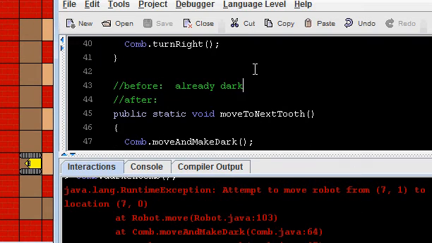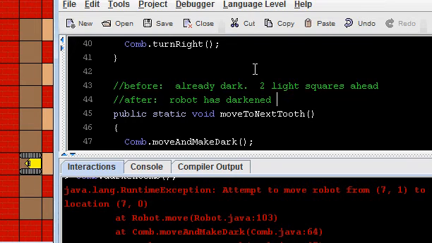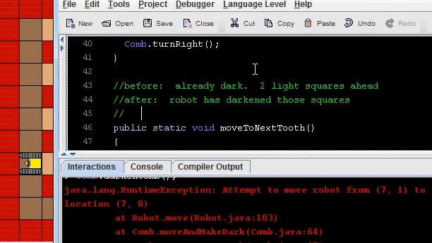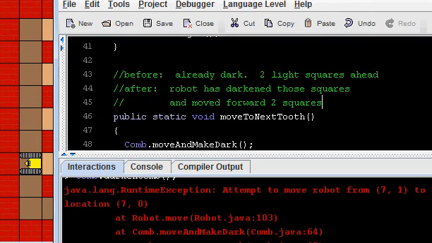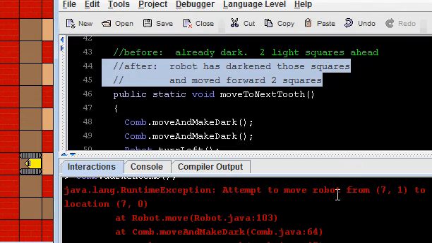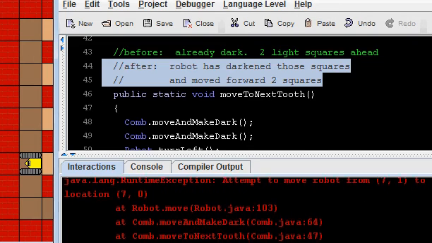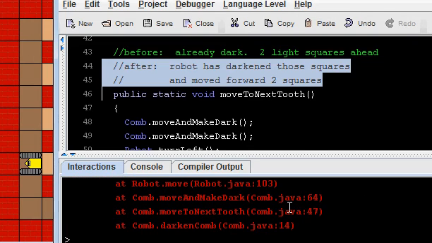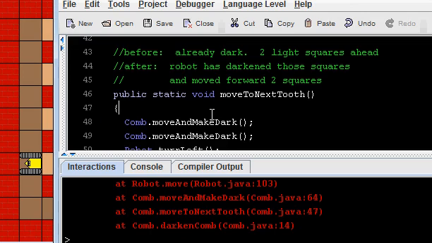I believe the answer was the cell the robot is on is already dark, and there are 2 light squares ahead. Afterward, the robot has darkened those squares and moved forward 2 squares onto that second square. Alright, well this is important. Notice I just introduced 2 new lines of code. So the lines of code in my error message are now out of date. They're incorrect. In the next video, we'll take a look at